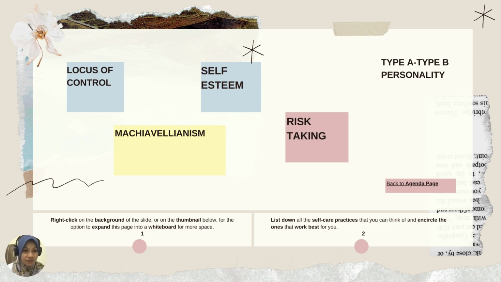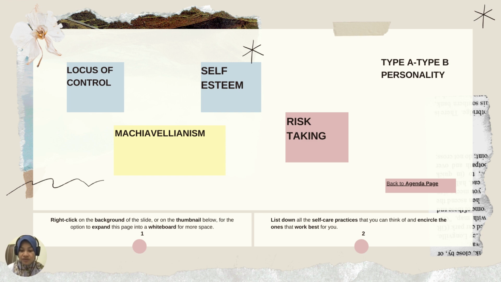Number three is self-esteem. Self-esteem is a term used in psychology to reflect a person's overall emotional evaluation of his or her own worth. It is all about how much a person feels valued, loved, accepted, and thought well of by others, and also about how much the person values, loves, and accepts themselves.